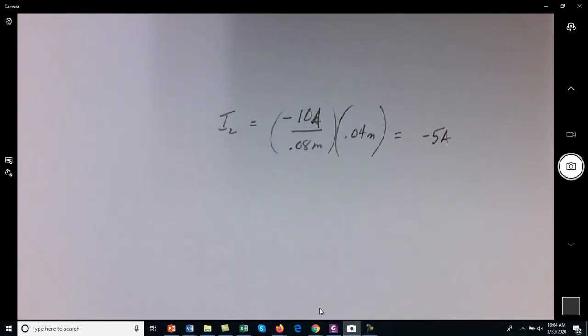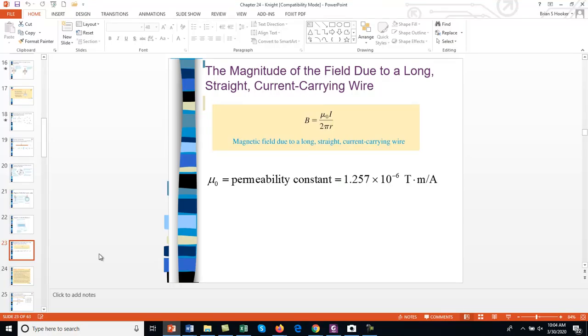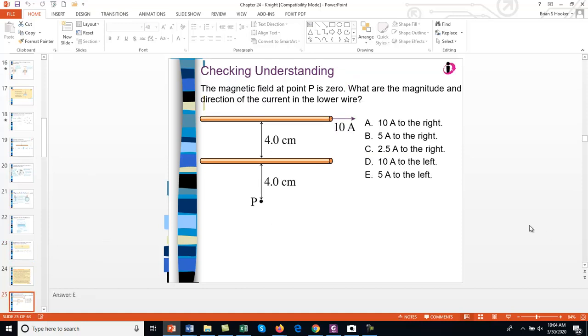Move that out of the way. Then we go back to the lecture notes. Okay, get rid of the doc cam, it's in the way. And so we know, when we go back to this problem, that the answer is E, 5 amps to the left. Okay, so let's look at some further equations